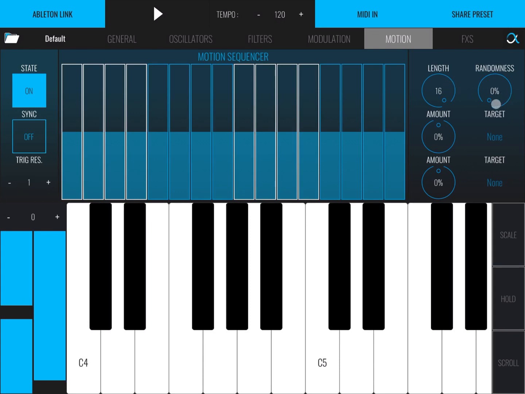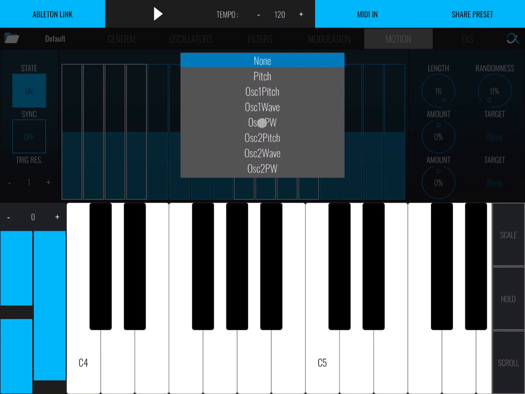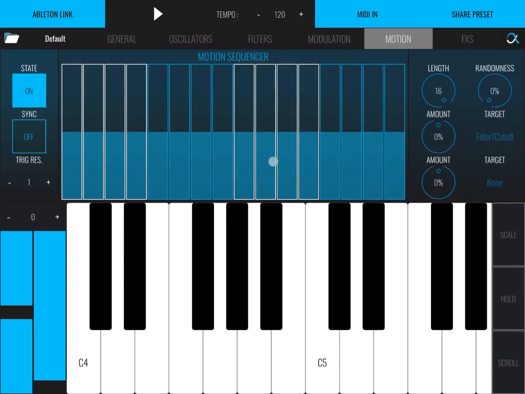Okay, you can set also a randomness, if you like. And here you have two targets, amount and target. So the way it works, we select a target. So for example, let's say that we select the filter 1 cutoff, and let's say that we add 100% of the amount, and let's now create